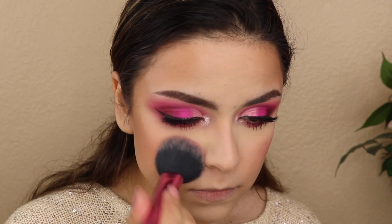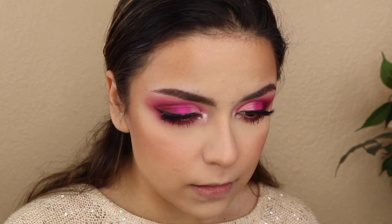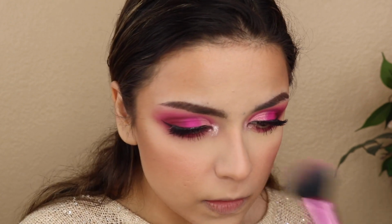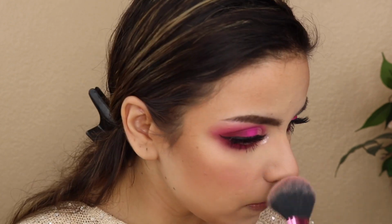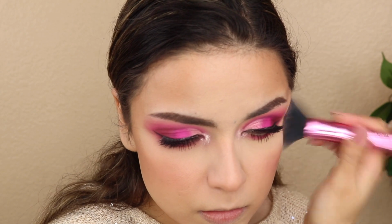Now for blush, I used 2 different ones. I went in with my usual blush, my Laura Geller Baked Blush-n-Brighten blush in the shade Tropic Hues. And then I also went in with my Milani Baked Blush in the shade Berry Amore number 3,